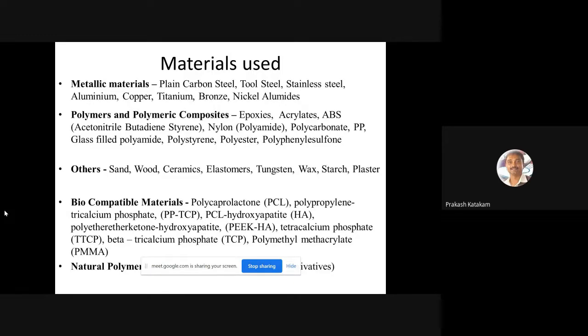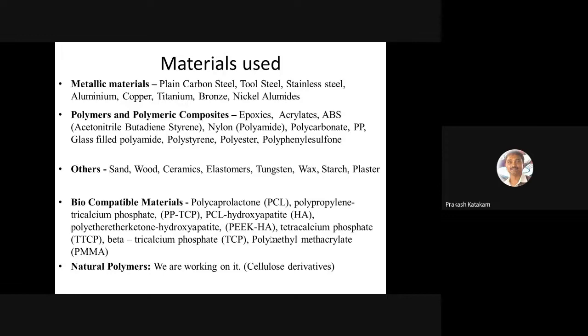And the most important part of this particular presentation is biocompatible materials. We are working on some polymers that we can use as input for 3D printing. The most important one is polycaprolactone. Polycaprolactone is a biocompatible polymer which has a half-life of about 1.5 to 2 years in our body.